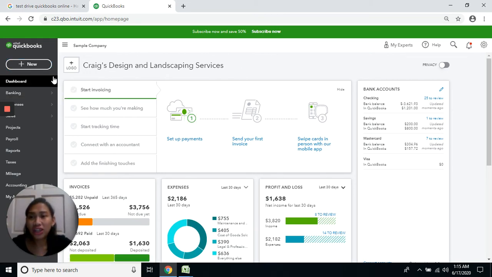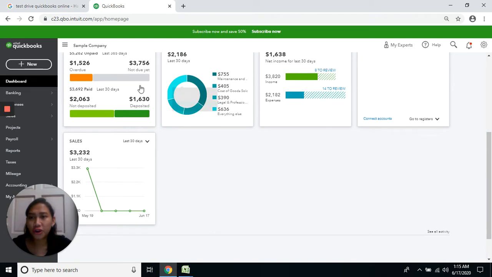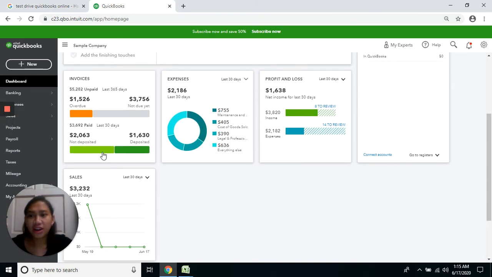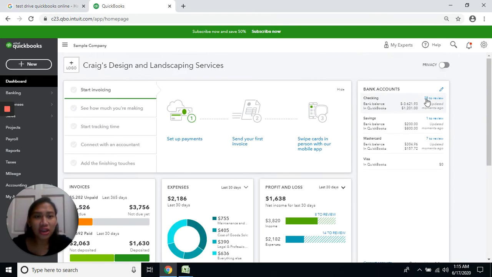So as we check our dashboard, we have here invoices, our income, and our expenses. You can also see here the profit and loss and the sales. We also have here the bank accounts where you can see the bank balance of your checking, savings, and even your credit card accounts. So here at the left navigation bar, we have banking, expenses, sales, project, payroll, reports, taxes,